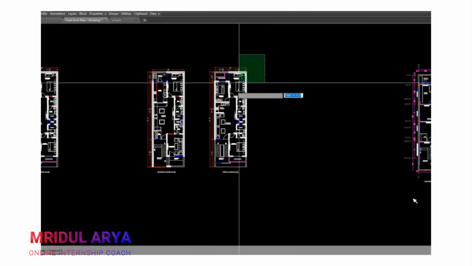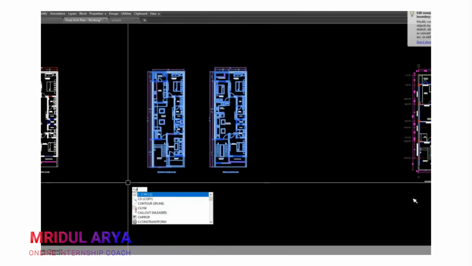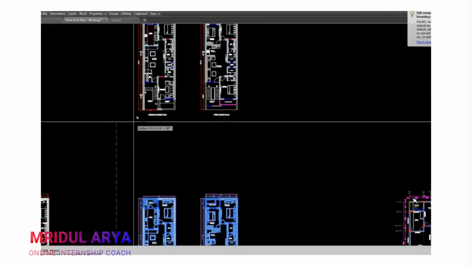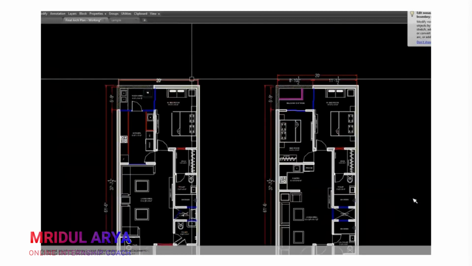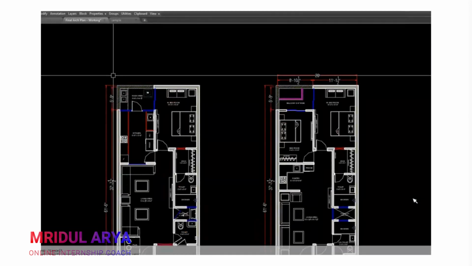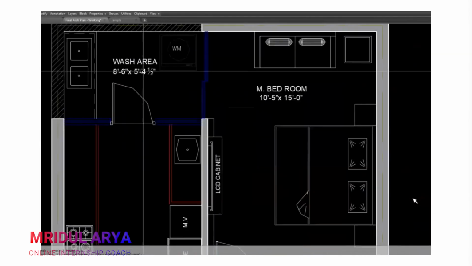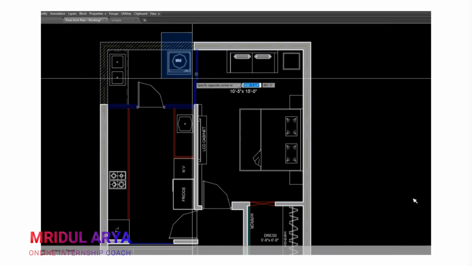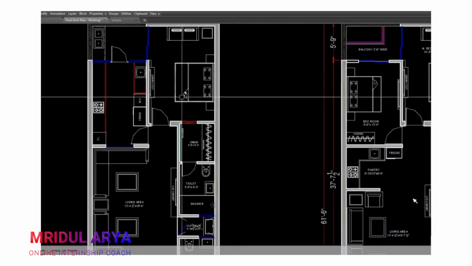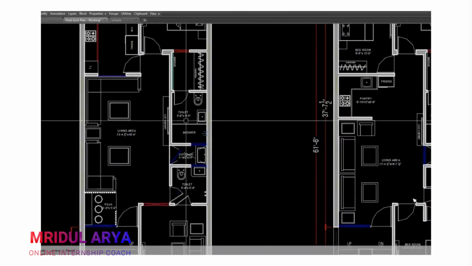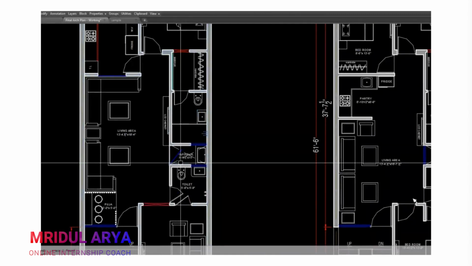I will just copy these two here, and I will remove all unnecessary things from the plan, like text. You should know what element you should remove and what element you need to keep.